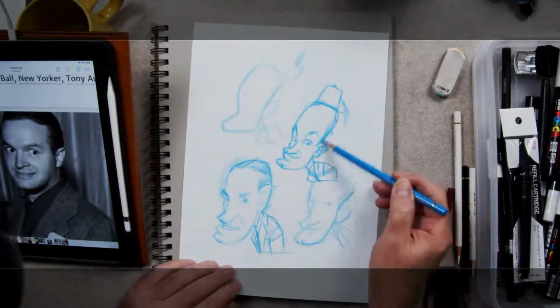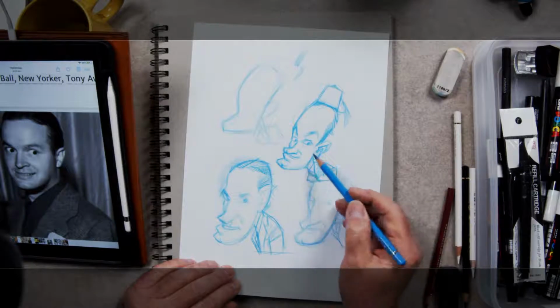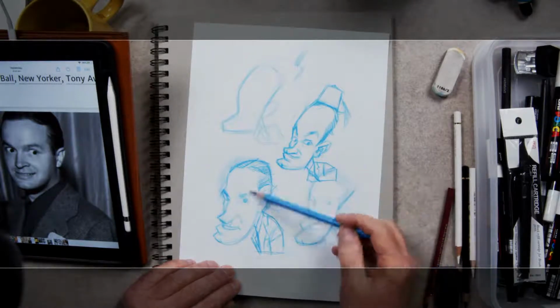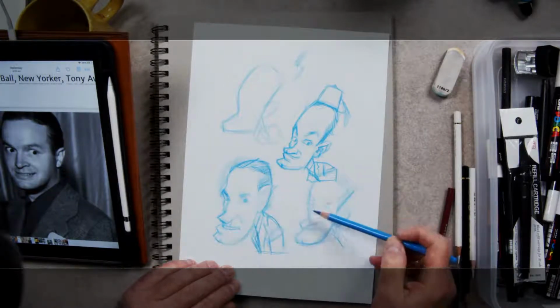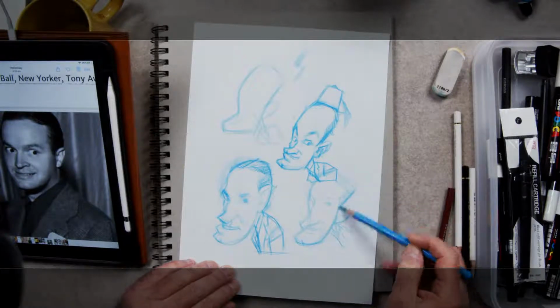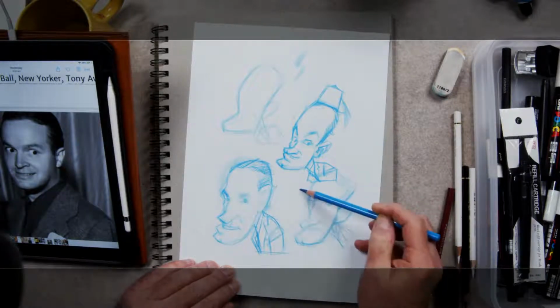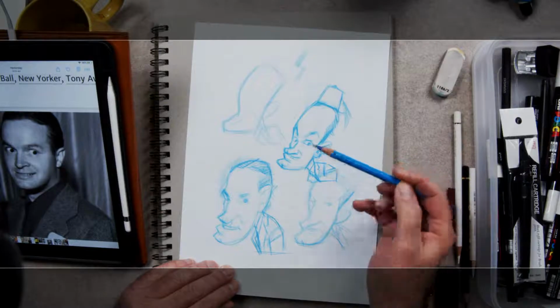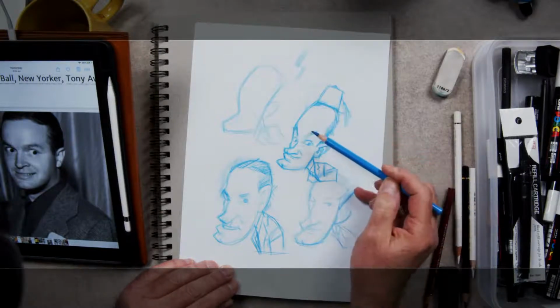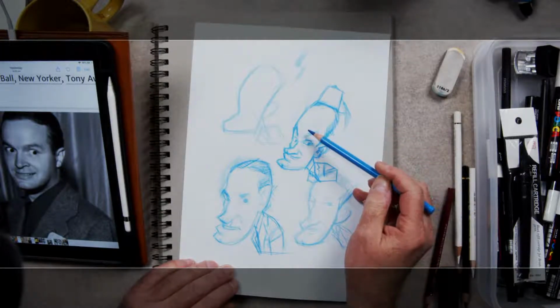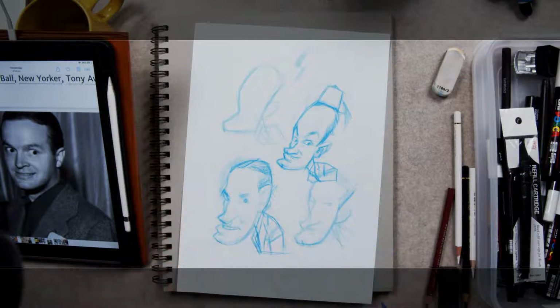So what I've done is a fairly tight thumbnail. I've been trying to work out what to do with these different shapes. But I think the thing that makes sense is this forehead. It features a lot in his demeanor.